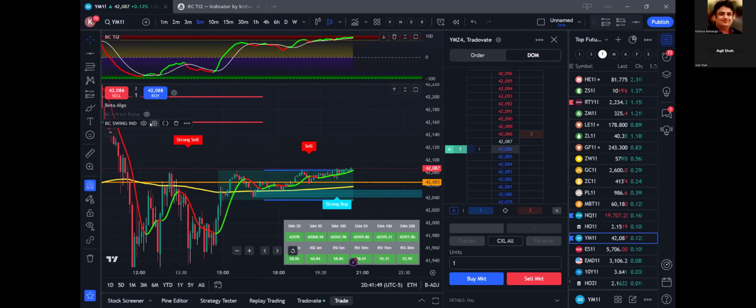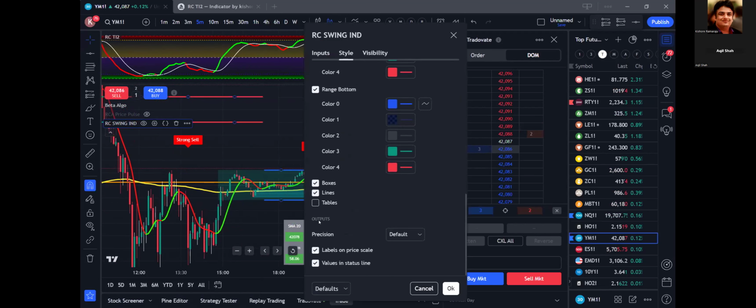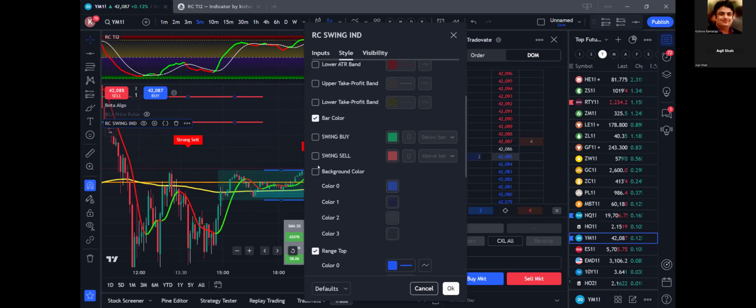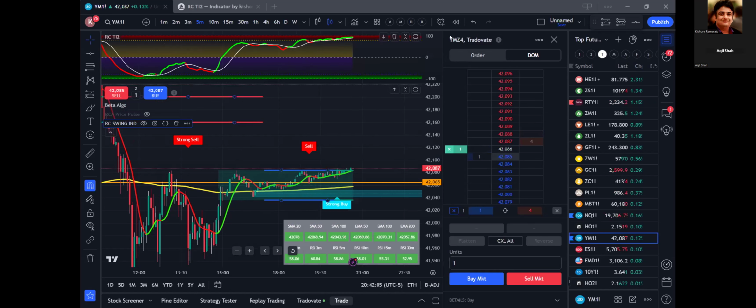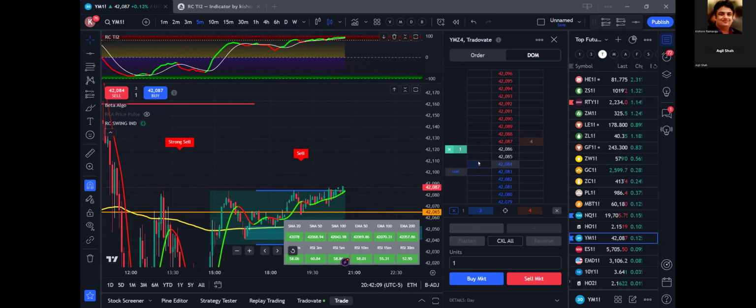So you can enable the swing indicator if you want. You can go and disable the tables, and you can disable the swing buy and swing sell so that you don't see too many buys and sells, right? So now if I